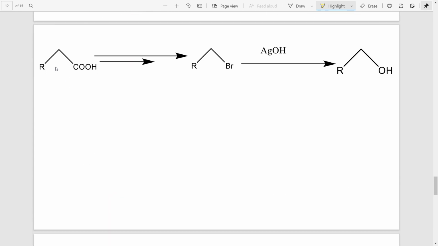Now let's see from acid to alcohol with one carbon less. Again, similar type of conversion, we have to take help of the Borodin-Hunsdiecker reaction, and prepare alkyl halide first with one carbon less, then using silver hydroxide will fruitfully give one carbon less alcohol. And these kinds of conversion can only be done with silver hydroxide, because silver abstracts bromine and forms silver bromide, which is very much stable, and this is the driving force of this kind of reaction.